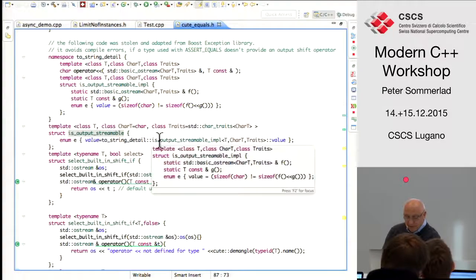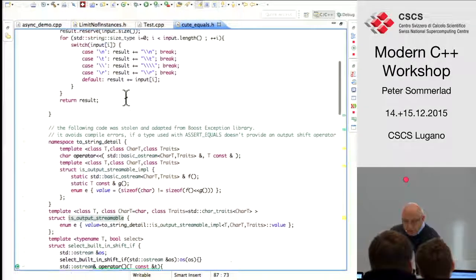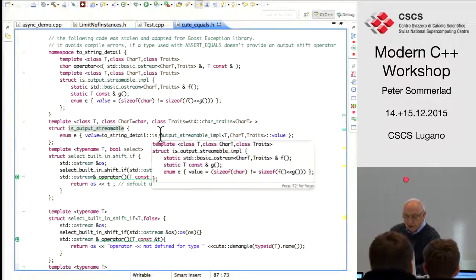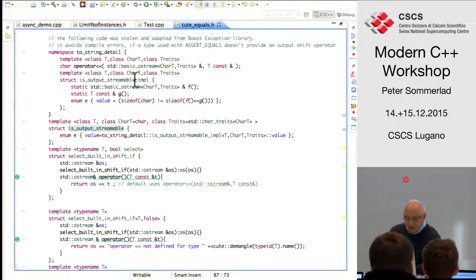It looks for is-output-streamable-impl, which again is a template, and it checks whether the shift operator applied to two temporary values actually works. The regular shift operator always returns the stream reference, where sizeof is different from sizeof of a character.